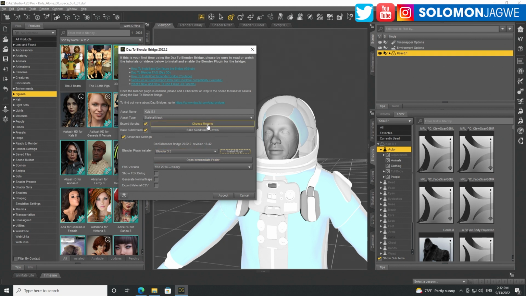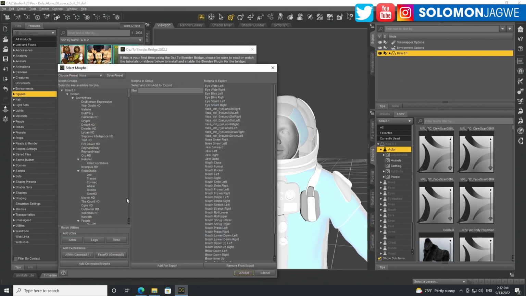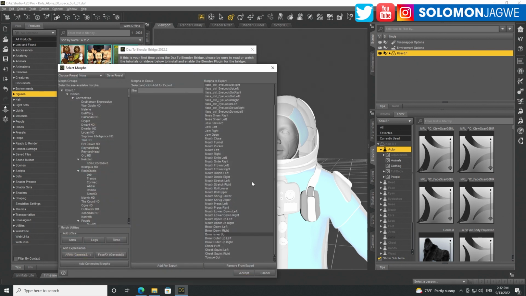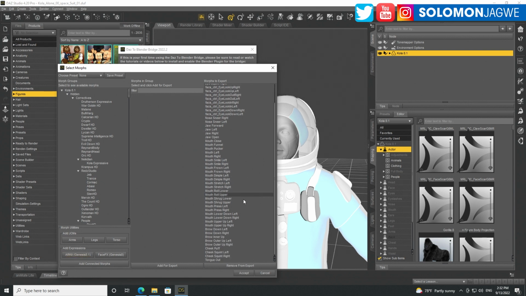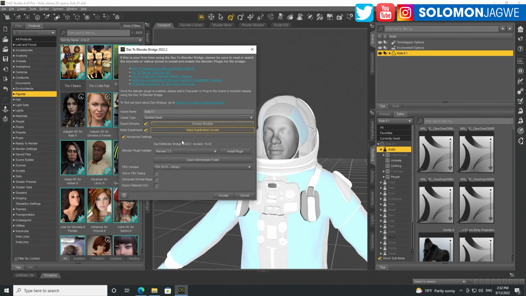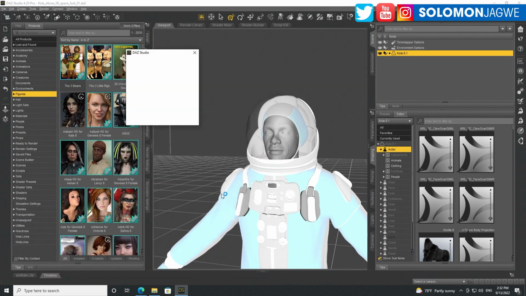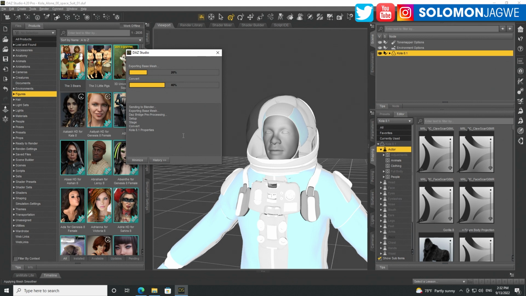If you want to do some facial animation, click on choose morphs over here, and you can actually include the AR kit. By default, these are what's included. If you click on this one, it's going to add a few more. Click on accept and go ahead and accept. Again, that interface has also changed from previous versions. When I did the tutorial 2 years ago, the Blender version was different from what we have now. So just go ahead and allow this to go through.